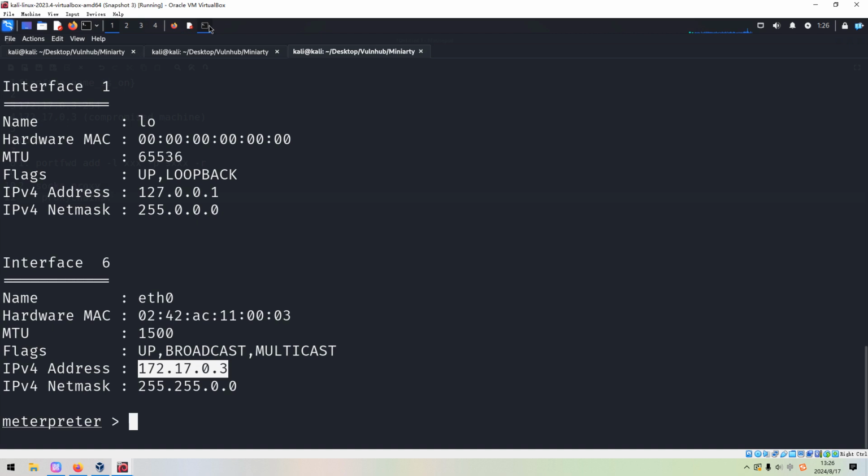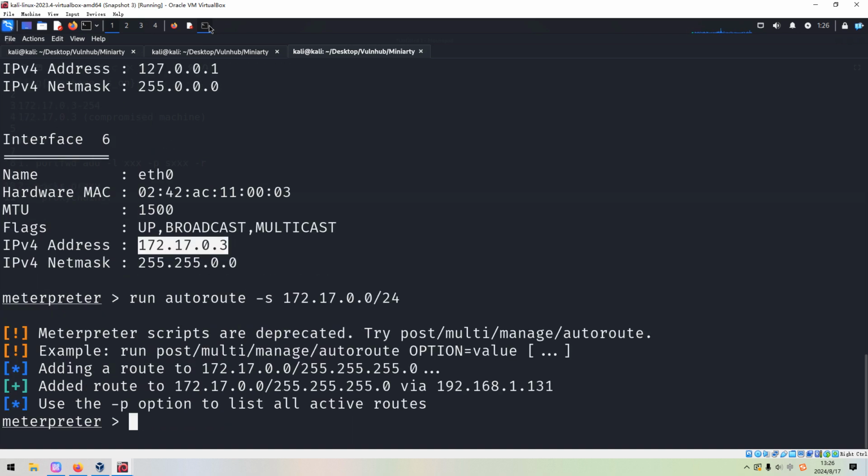We can use run autoroute, and we use the -s option to specify the network to be connected to. Okay, so the route has been set up properly. So next, we need to make a scan against this internal network.